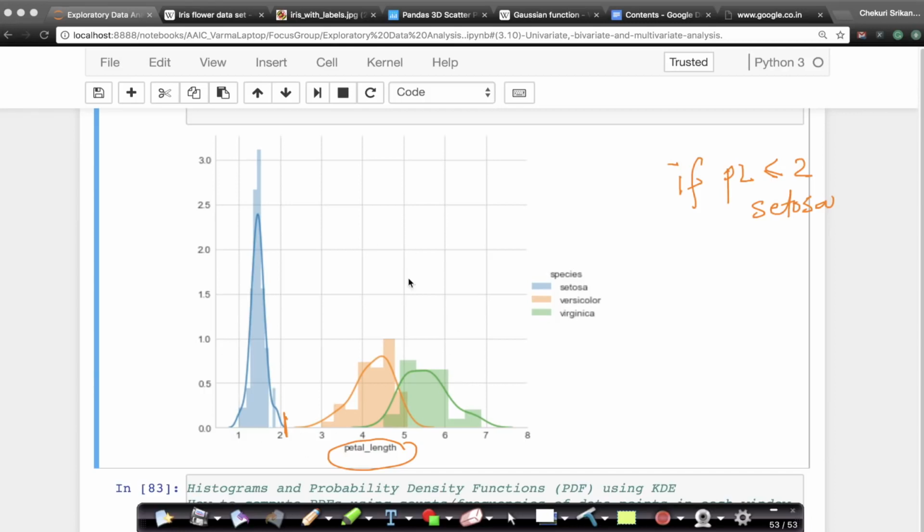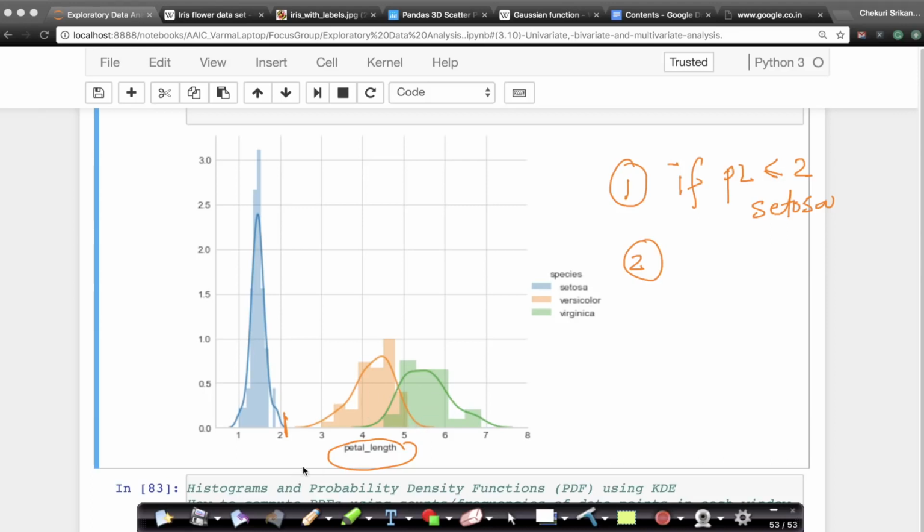So by using a simple 1D scatter plot equivalent called a histogram, I can build a model very, very quickly and very elegantly. This is how I get my setosa. Now comes the hard problem. What type of rule will I write for my